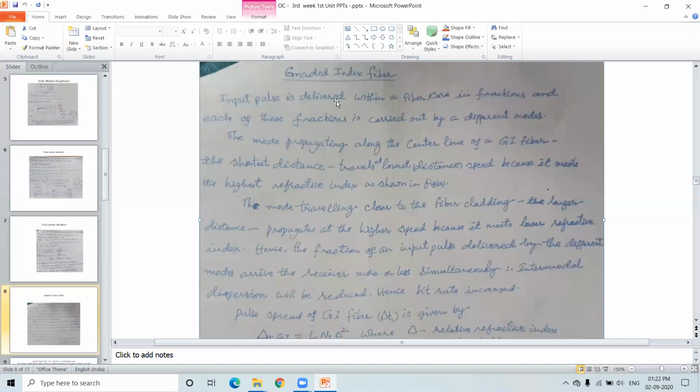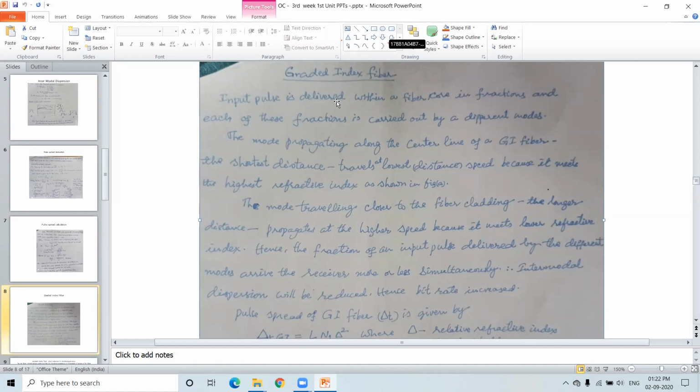In such a way, the refractive index at the zero order mode, that is the central axis, is highest, and above that, one more layer whose refractive index is slightly lesser than the zero mode, and the next layer, let us say layer 2, whose refractive index is still lesser than the first layer, and going to the third layer whose refractive index is still lesser than the second layer, the fourth layer less than the third, the fifth layer less than the fourth, and so on. The last layer, the maximum possible mode, is the critical mode, where the refractive index is very much smaller than all the other modes.